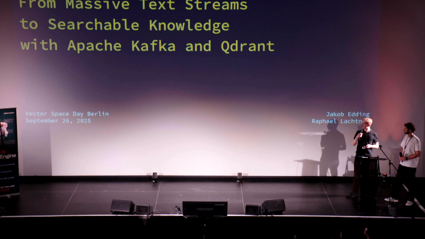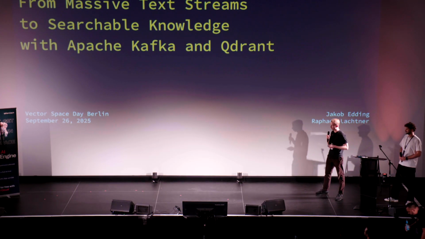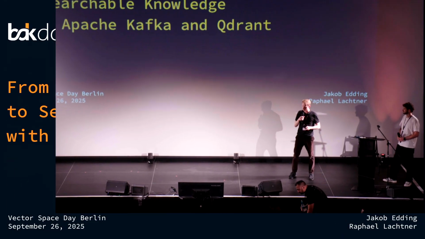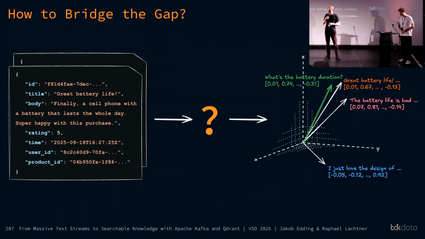And today we want to talk about our solution to turn massive text streams into searchable knowledge with Apache Kafka and Qdrant. And yeah, let's just dive right in. So we want to consider the use case of product reviews here today with you. Every review has a title and a body and also a bunch of metadata. And what we want to do is